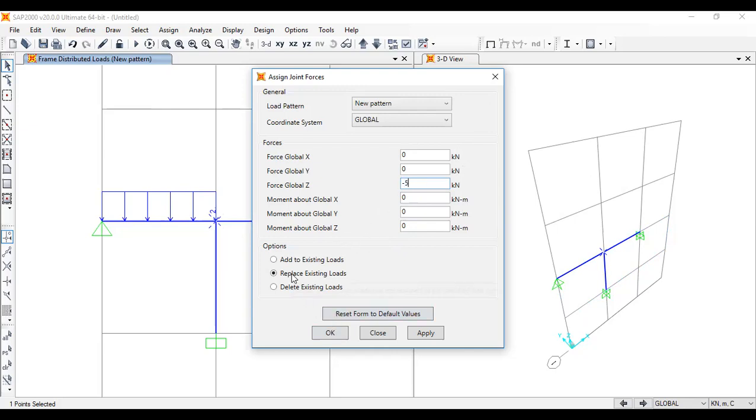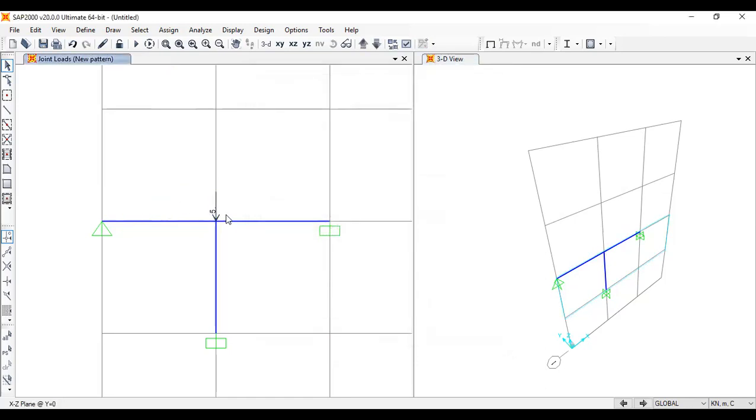Okay. So you don't need to worry about this. Will this replace this UDL? No, right? It's a joint force. Whatever was earlier added to that joint will be replaced, since we did not add any joint load to this. Even though some of this part 2 is acting on this joint, that will not be replaced because that's defined as element load, right? We didn't define any joint load. This is our first load, right? So it's 5. So you can see, don't worry, your UDL has disappeared, but if you want, you can